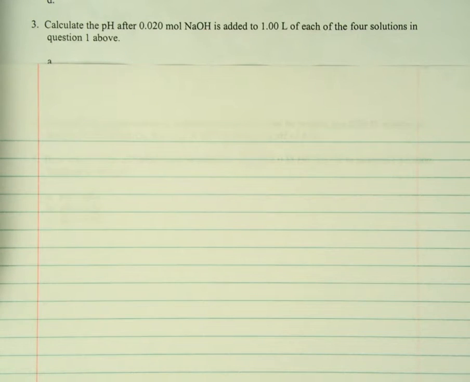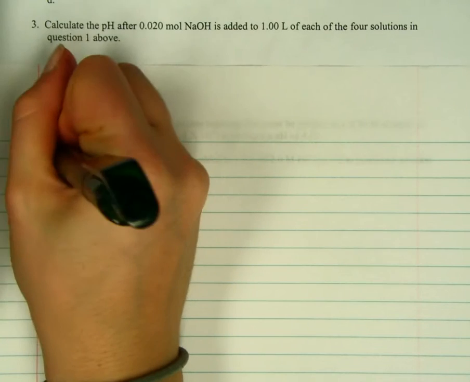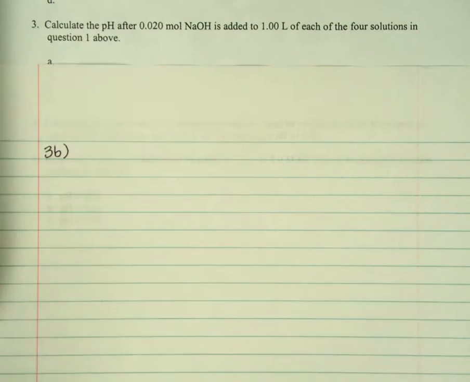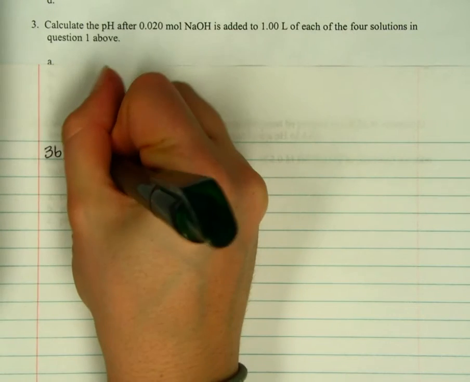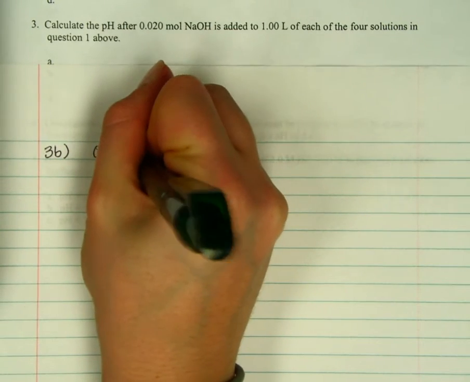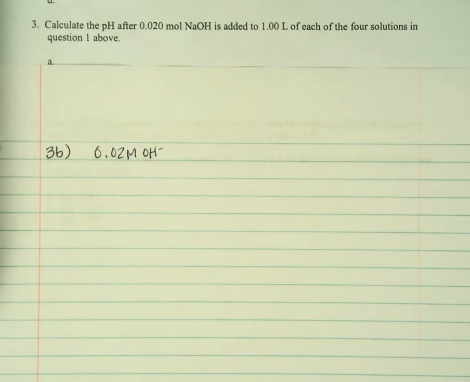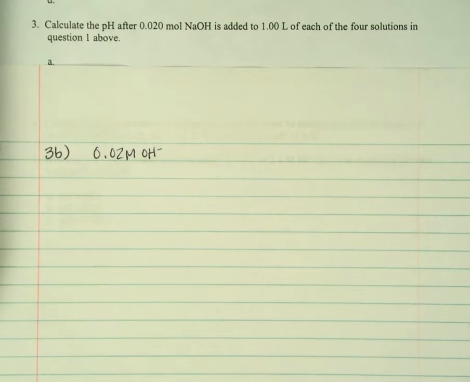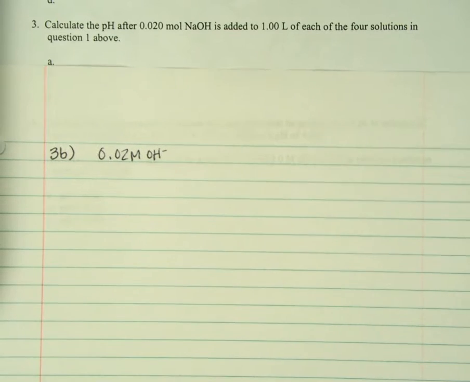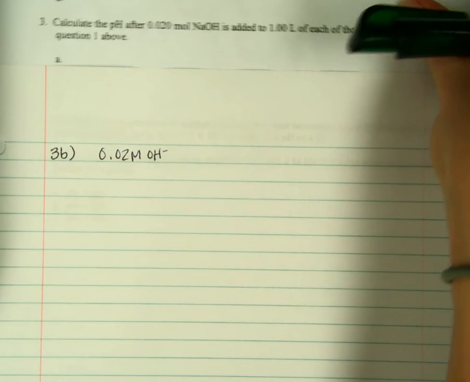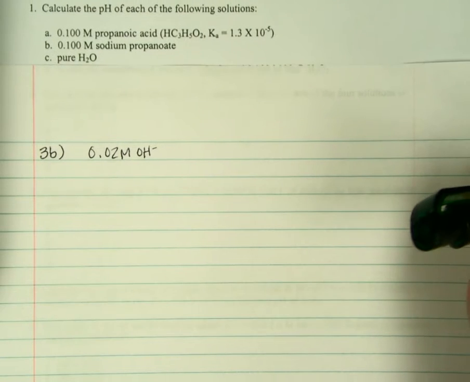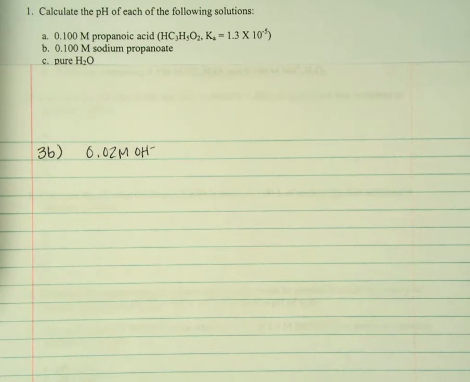This is the AP Chemistry Buffer problem set 3B. Now, the point of 3 is that you're adding 0.02 molar OH minus in the form of sodium hydroxide. If you need to know how to find that concentration, just take a look at the video for 3A. So what I notice is that I really need to deal with part B up here,